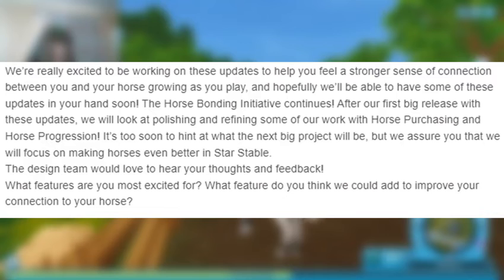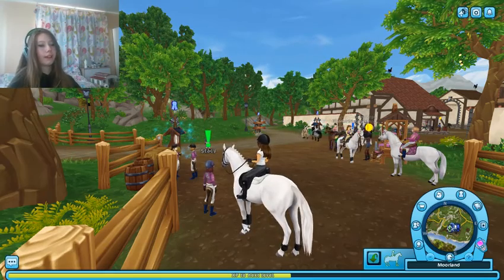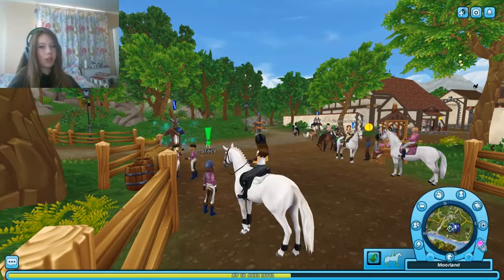What features are you most excited for? What feature do you think we could add to improve your connection to your horse? They're all really, really cool ideas, and